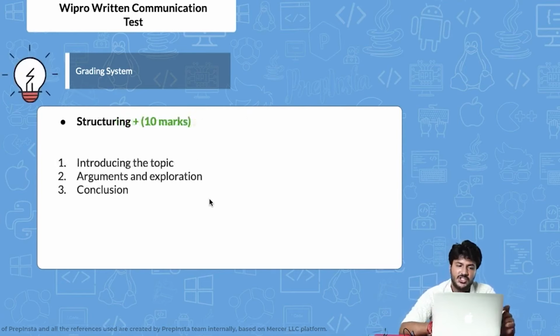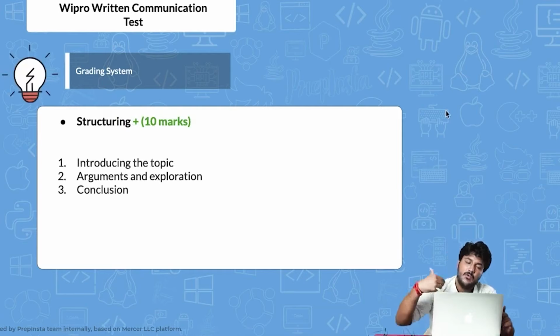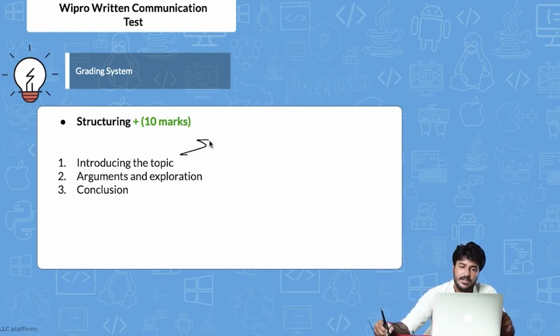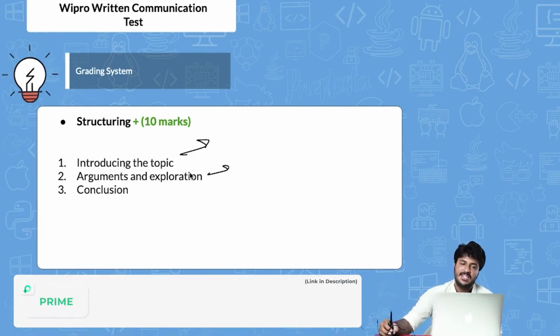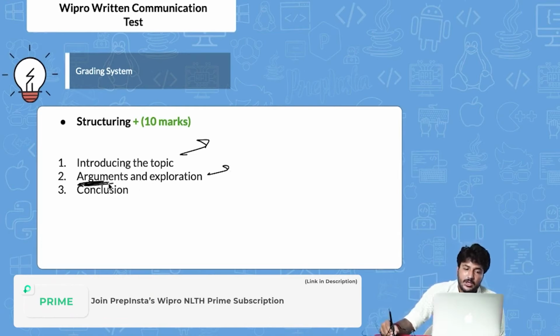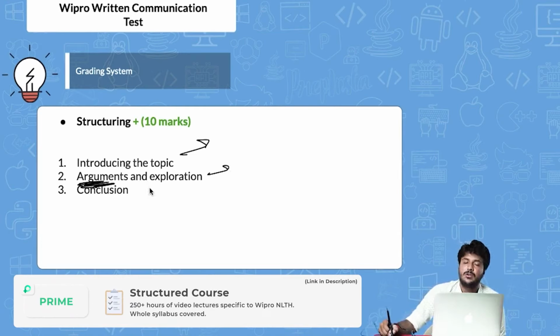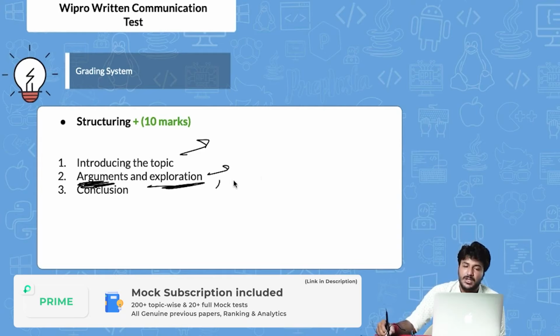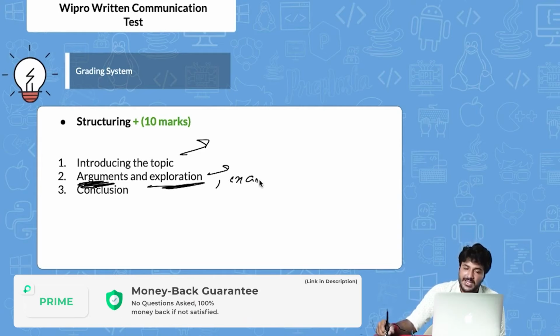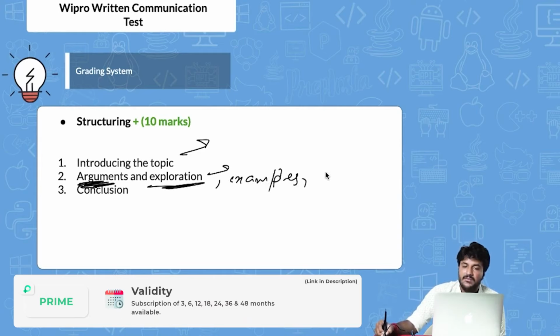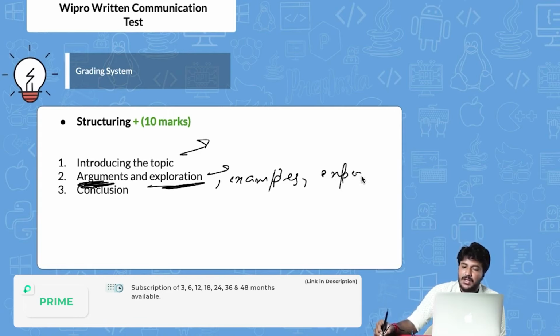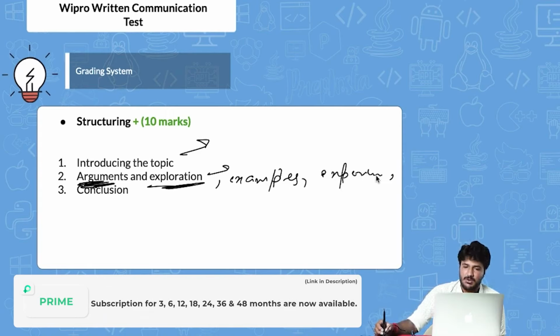And then the structuring is also given 10 marks. So the AI system is able to understand what is written where and how it is written. For example, it is able to understand that the introduction should be there. The next thing that the AI system is expecting is that here you are making arguments about that topic, here you are discussing the topic, here you are exploring the topic, or probably you are giving examples. Giving examples is also important. Giving experiences of people is important. Giving factual information about the